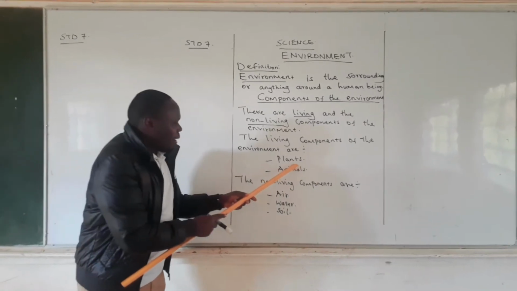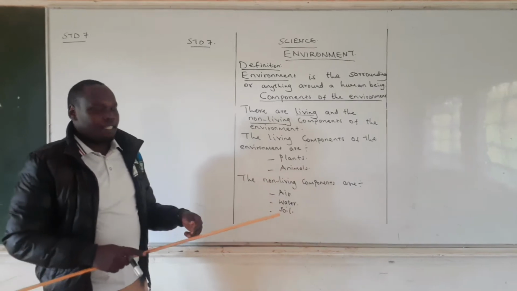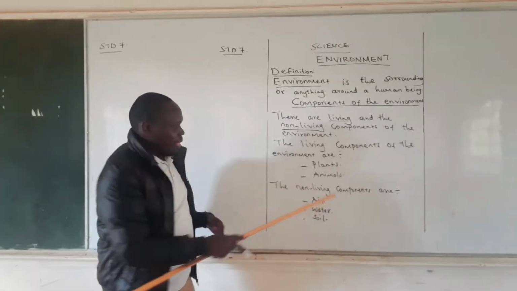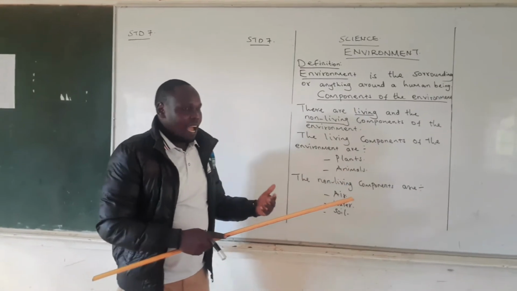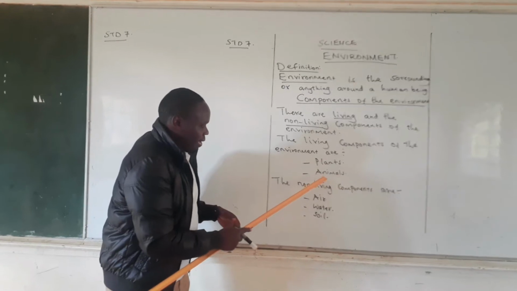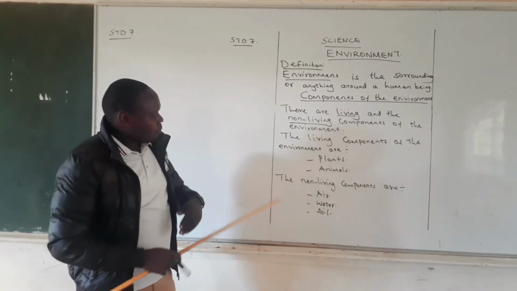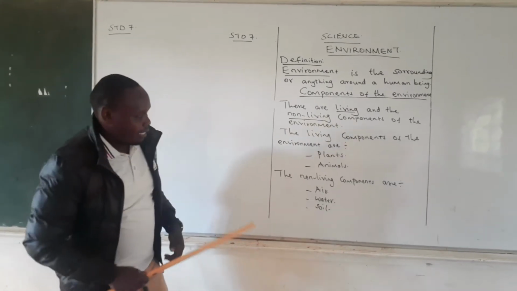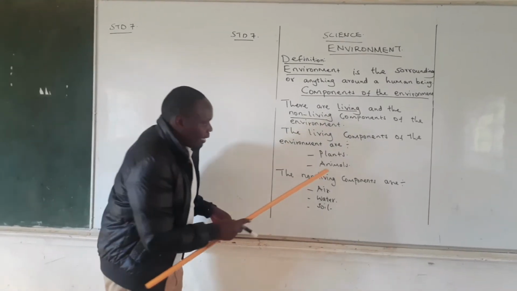Maybe to add that animals, the monkeys, the birds build their nests on these plants, the monkeys live on these plants, and as well providing for food for the same animals, with so many other advantages that this component of the environment has. Will only stop there. And then we have